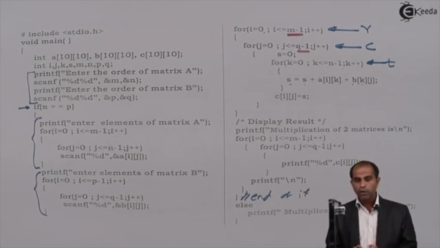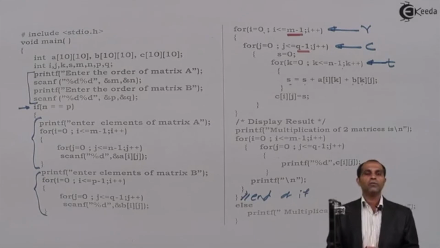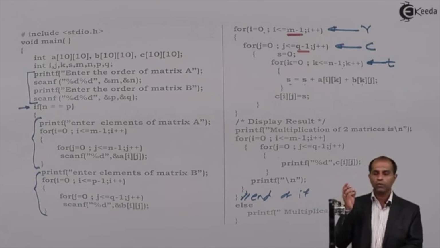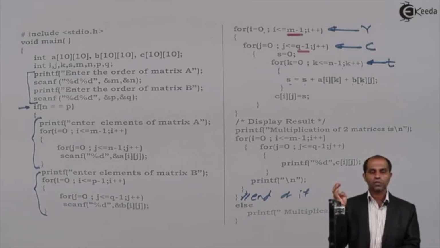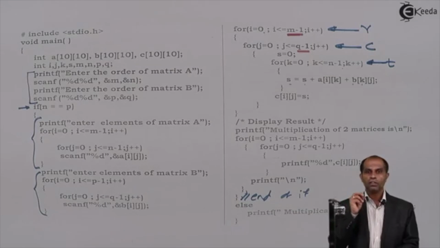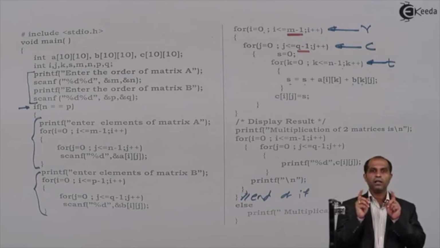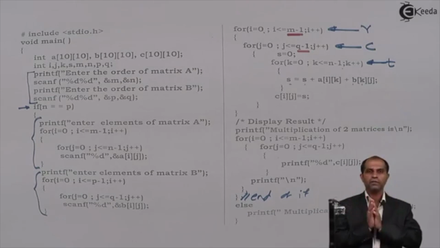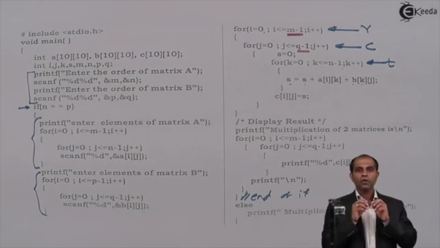Clear that? So the multiplication program seems to be very lengthy. But remember the common things: read order, read A, read B, and then if you wish, you can multiply and display simultaneously. In multiplication, remember 3 loops, R, C, T. R stands for rows, C stands for columns, and T stands for the times in which you are supposed to do the multiplication operation. And then display this particular output. Display the output using printf %d, c of ij. And within the arrays, A will have ik and B will have kj. Ik, kj. Right?